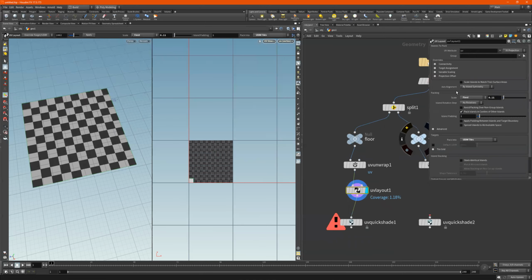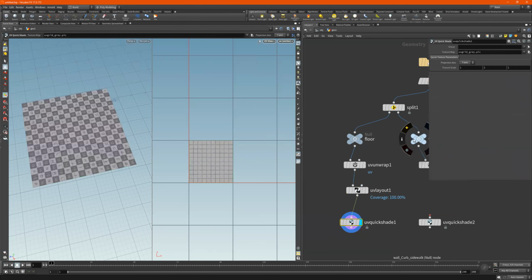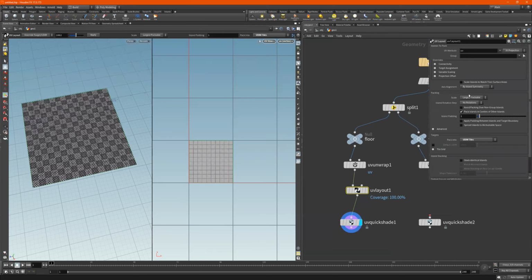I have no idea what happened there. I did something wrong. So I'll just right click, revert and restore to factory defaults. Okay. So click back on this, highlight this,